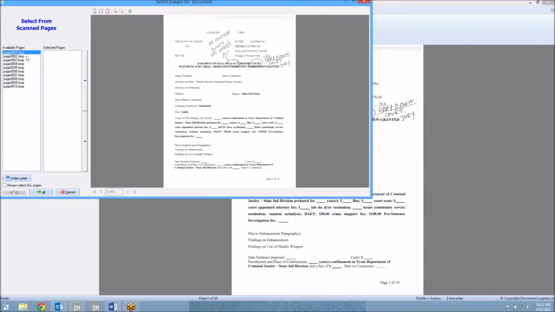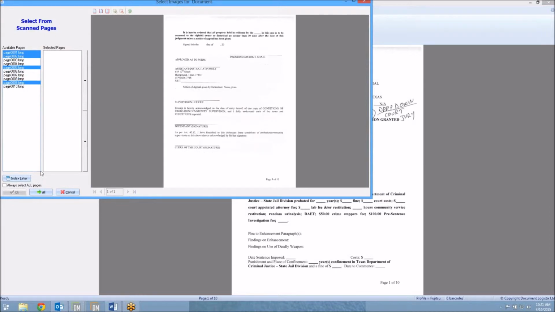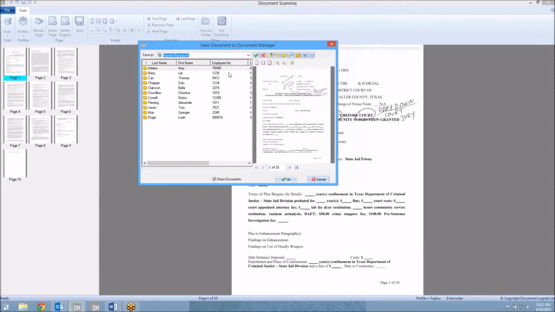I can select if I only want one or certain pages, or I can select all of them. I can choose to index them later if I'm going to bulk scan, or I can index them now. I can select which drawer they would be applied to, which folder, or I can create a new folder. I'll choose Dan's folder, click OK,